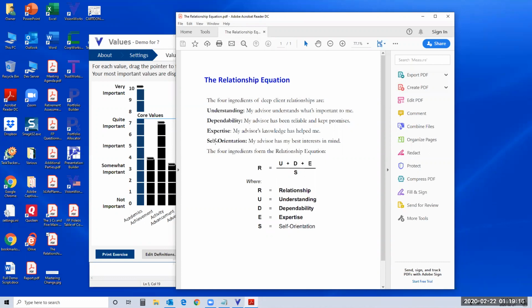So let's just assume for a moment that you scored out of a possible 10 on understanding, dependability, and expertise. So that would mean you'd have a score of 30. But if the client said, I really sense that this is all about your agenda, you're simply trying to get to a point where you can sell me product, so your self-orientation is very high, give it a 10, then we'd have 30 divided by 10, and the relationship score would